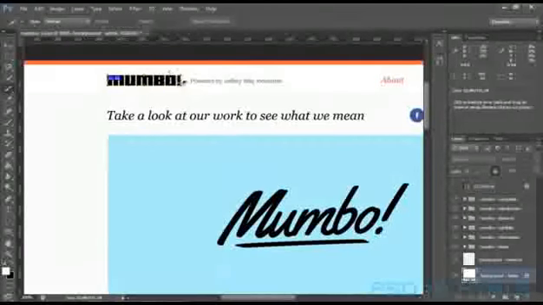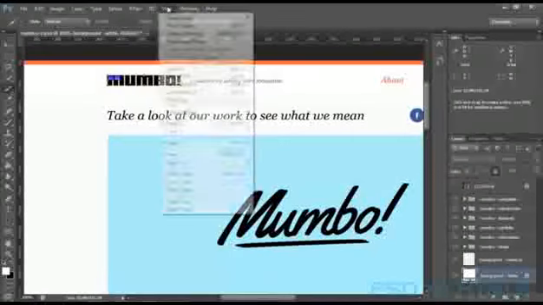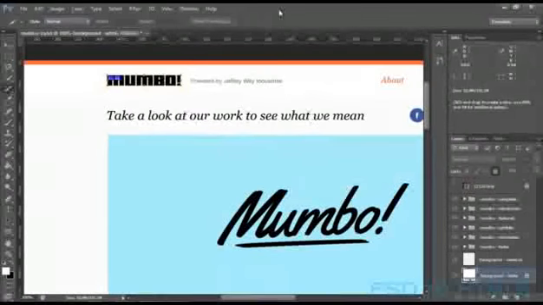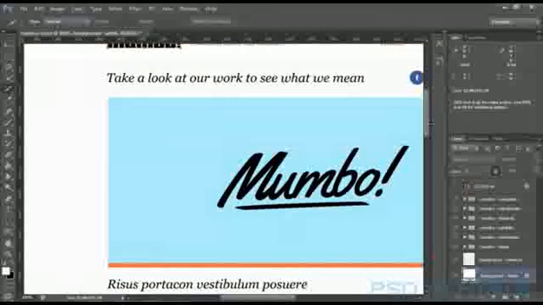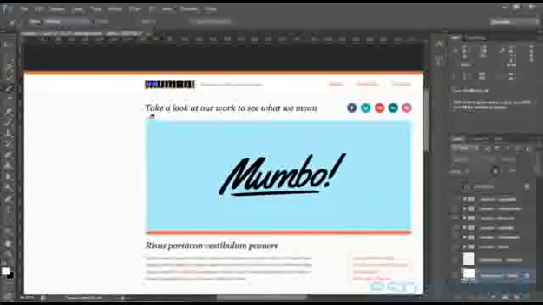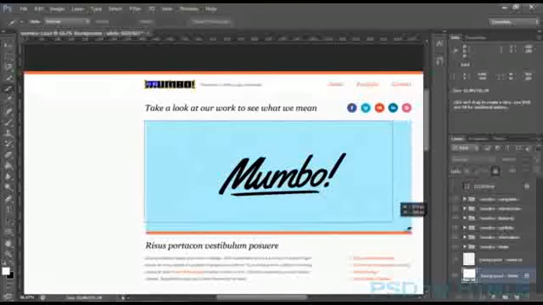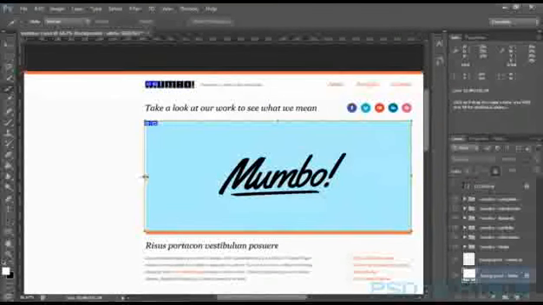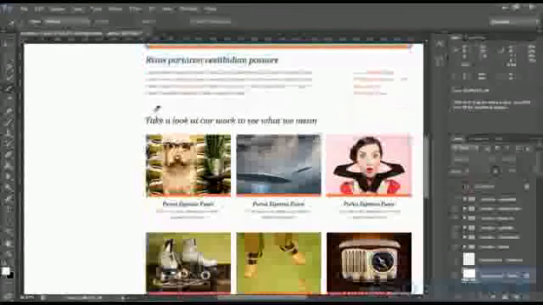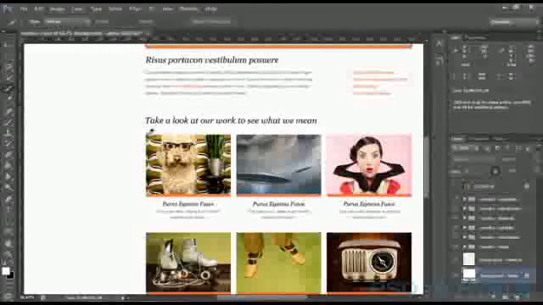Slices automatically get these resize handles, so we don't have to go into any menus or anything. When we're slicing, we'll automatically get that. So we've added a slice manually there. In the same way as we have done before, we can go through and manually slice out the things that we're interested in here. If we hadn't already cut all these images out, then we could just slice them out like this,